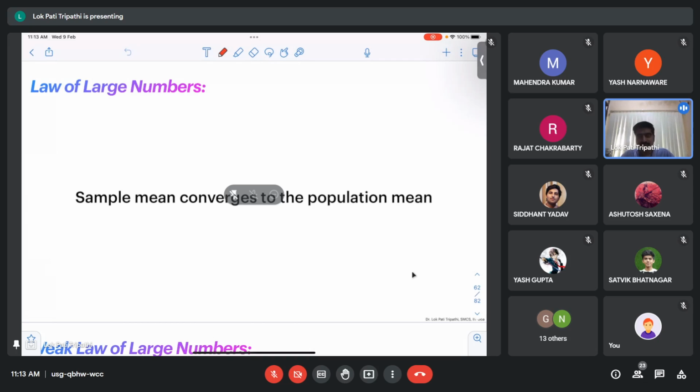Okay, and it is good to read those things there also. But you can, I mean, take help from any standard books also. Okay, so in statistics,